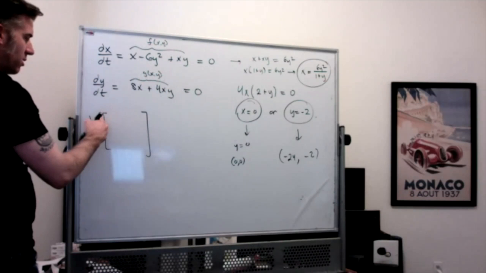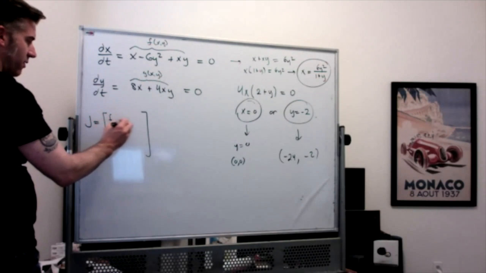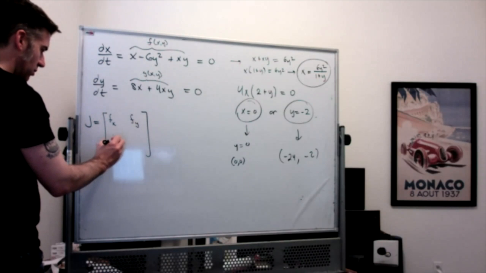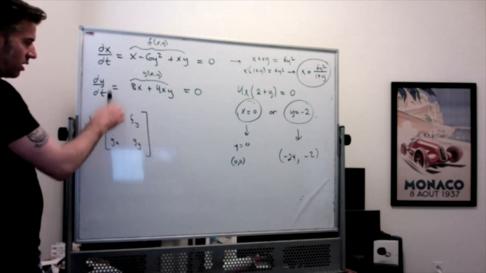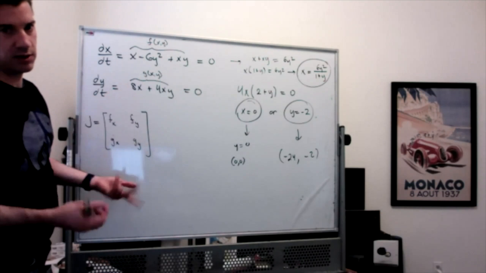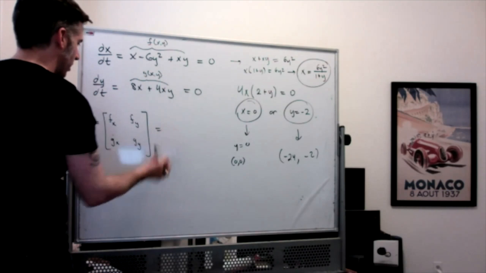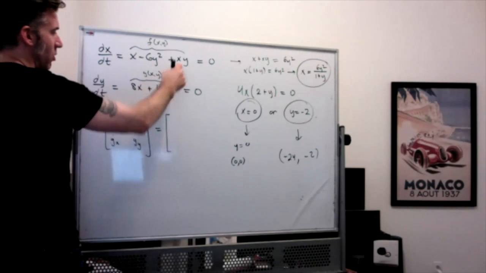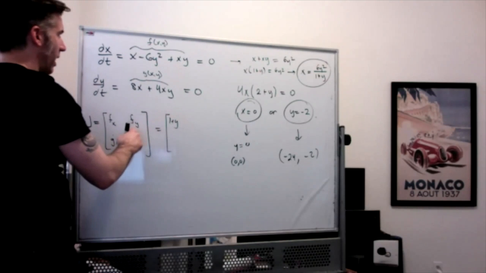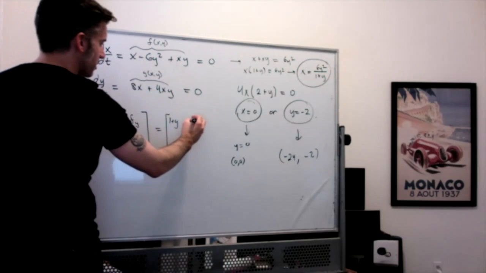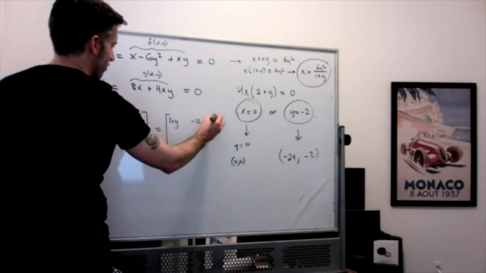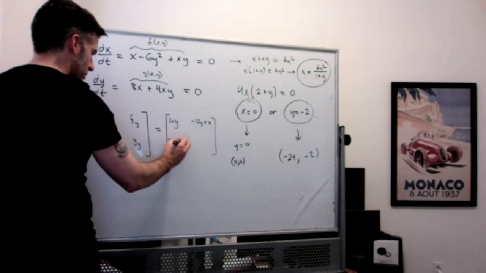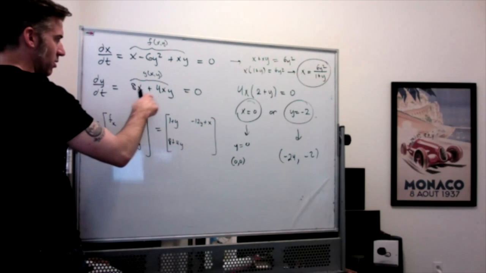Then the Jacobian, the first row is the partials of f with respect to x and y. The second row is the partials of g with respect to x and y. The first column is the x partials. The second column is the y partials. Okay, so for this particular one, fx is going to be 1 plus y. Fy is going to be -12y plus x. Gx is going to be 8 plus 4y. And gy is going to be 0 plus